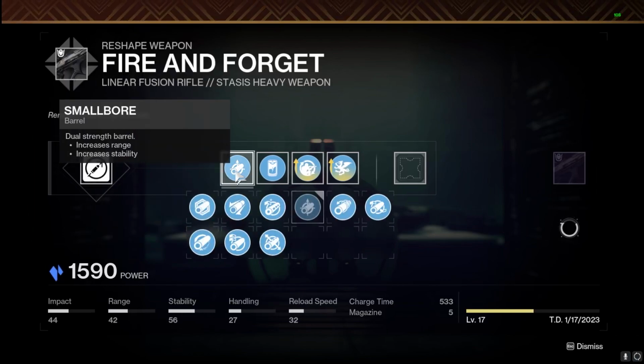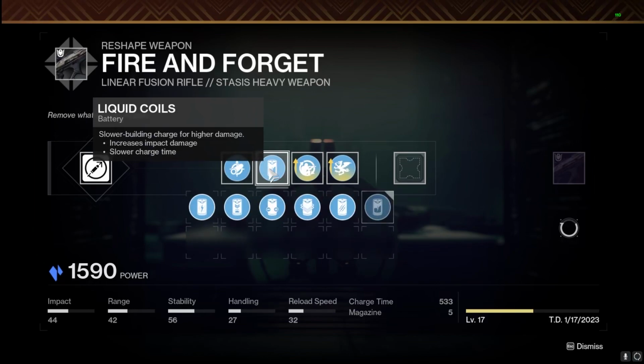Now for our barrels, we're going to go with small bore to give us that range and stability, because with this triple shot, like I said in PvP, definitely want that higher stability because it does bounce quite a bit having that triple shot, just like we do with the Arc from Duality. Now when we move on to our battery, definitely need liquid coils on here. Slightly slower charge time, but it gives us that nice plus 10 to impact,